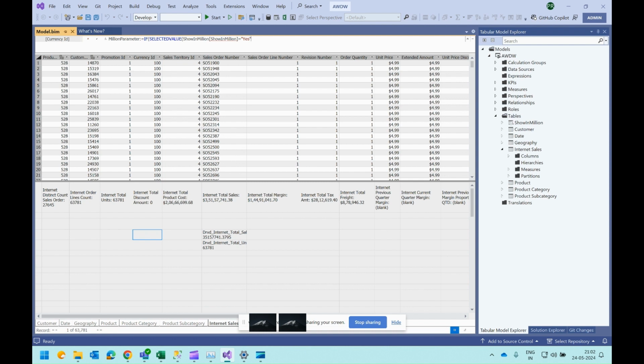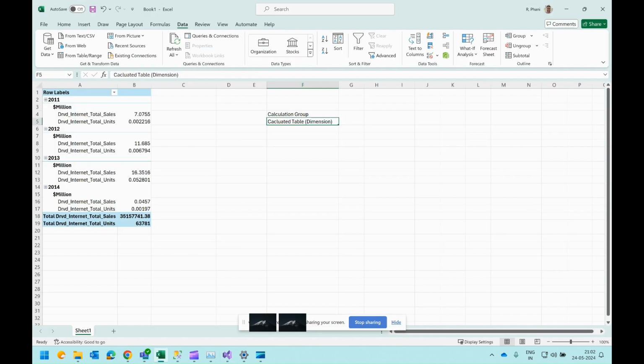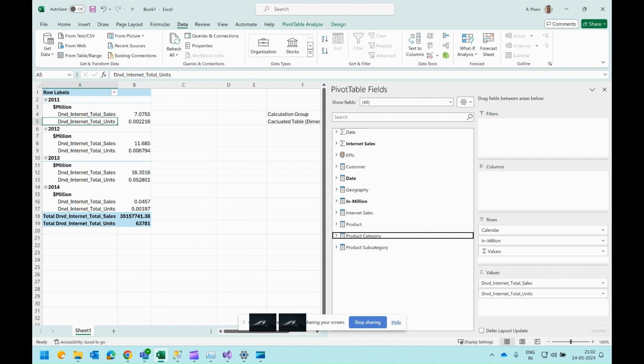yes, then use the 1 million format, I mean, do the division with 1 million. Else, use the 1. Did I close all the brackets correctly? There is a bracket that should be closed here. That's it. So this is how we created the measure. Now let's go and refresh the Excel file and play with that particular measure. So I just refresh my Excel file, and here you see there is a new dimension created. Oh, sorry,